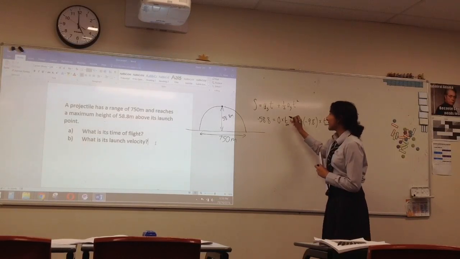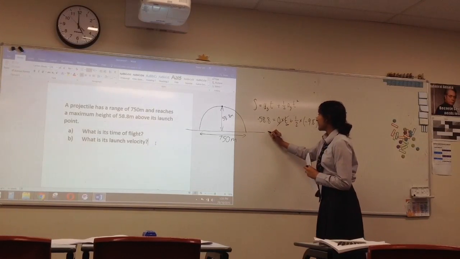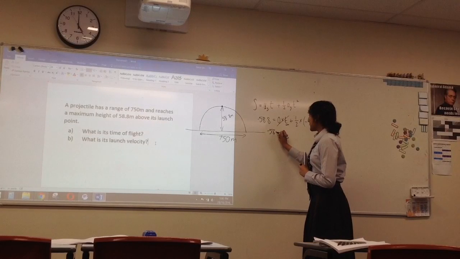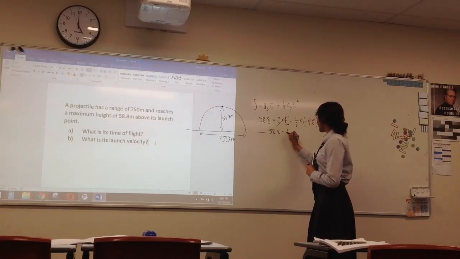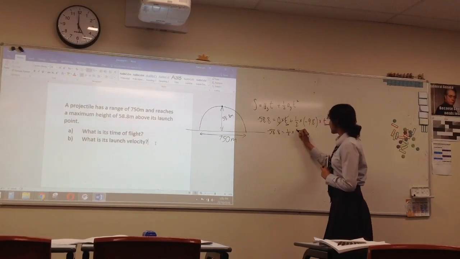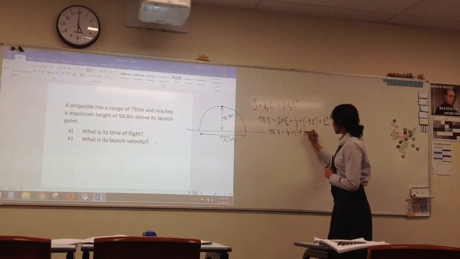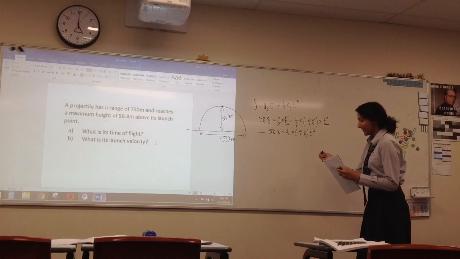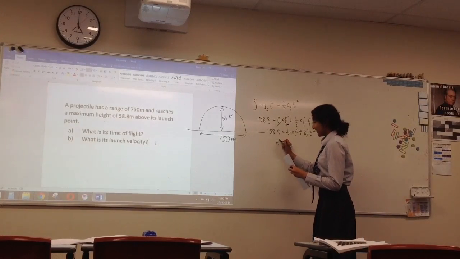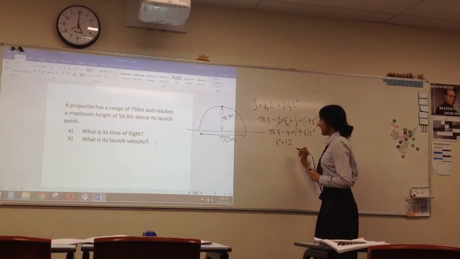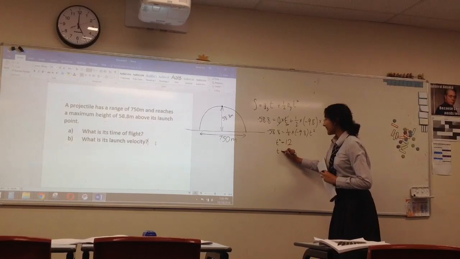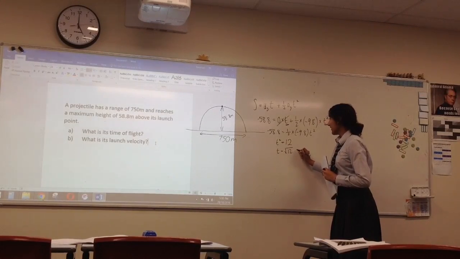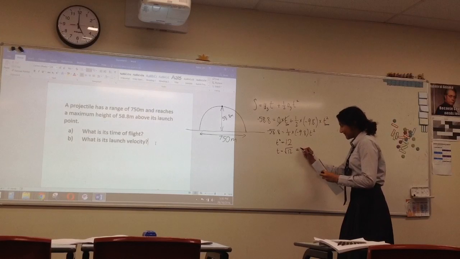Because this is 0, we can cancel that off, so it becomes negative 58.8. If we solve this, we get t squared equals 12, and t equals root 12, which equals roughly